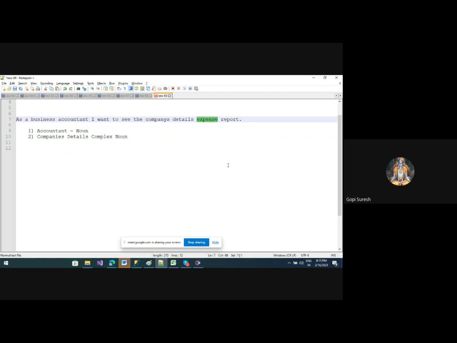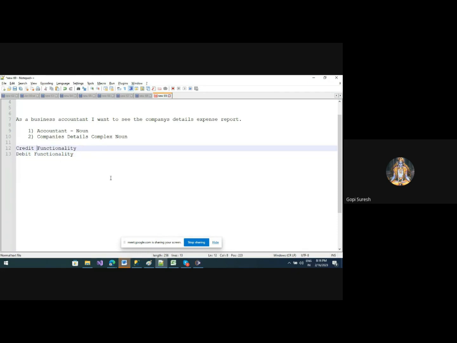If you want to calculate the expense report, for basic accounting, you need to know the credit entry functionality, and also debit. Okay, debit functionality is fine. So these two things, credit functionality and debit functionality, you should be aware of.